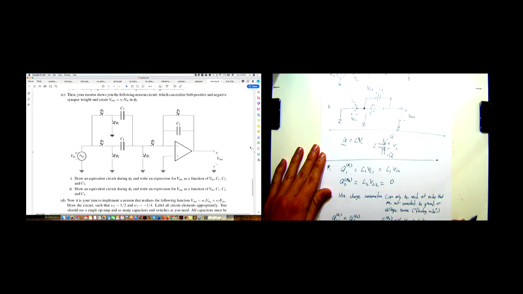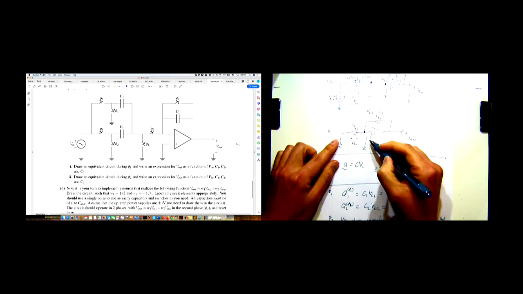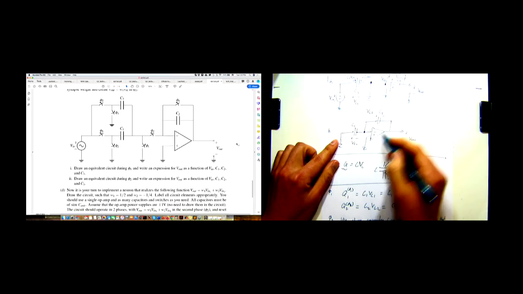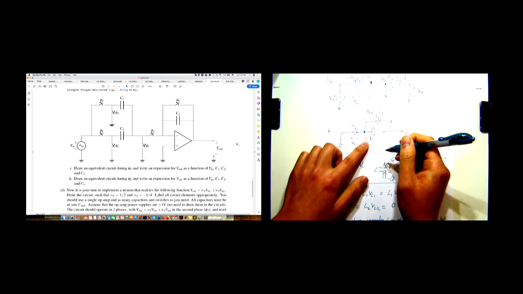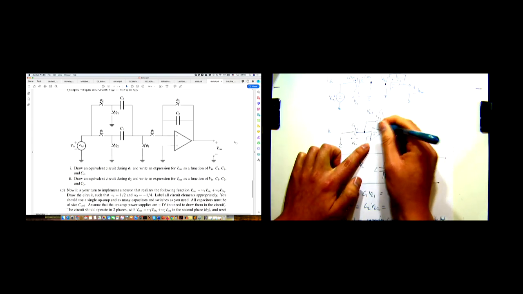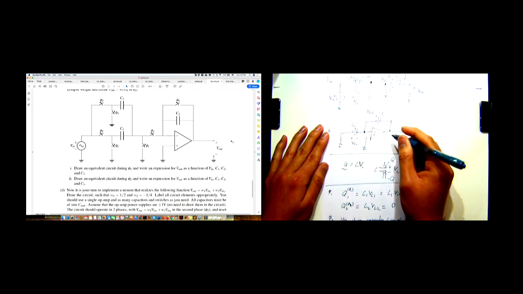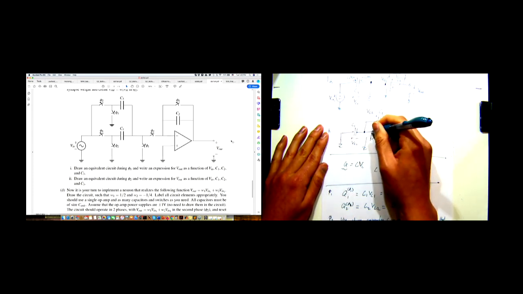Now we need to find our voltages, VC1 and VC2. So we look at the circuit again, and this op-amp, we're treating it as ideal and also has infinite gain, and it's in negative feedback. There's a path from the output to the negative input. So therefore, we can say that the voltages at the two terminals are equal.